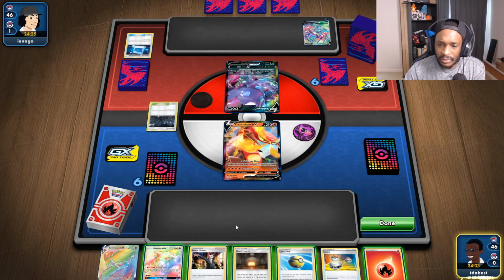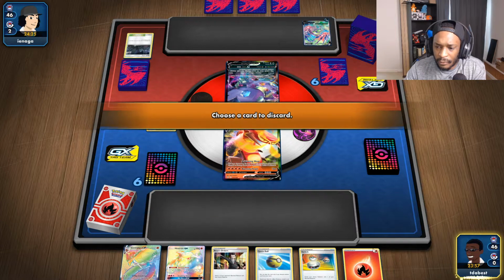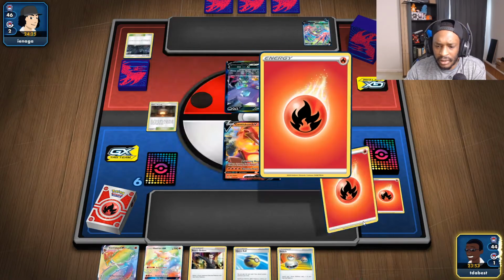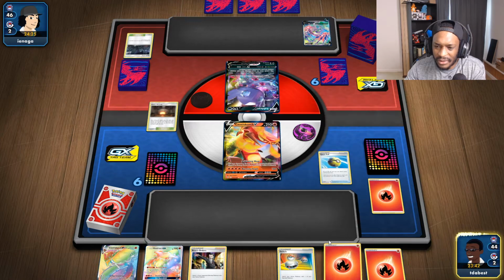So I think what we'll end up doing is just going ahead and playing the Giant Hearth down. Getting rid of one of the fire energy, get 2 out, and then we'll discard another one. And it's tough to say what I want to do here, because I might want to just Crobat, but maybe we'll just go ahead and just Quick Ball. I mean, we do have the setup,